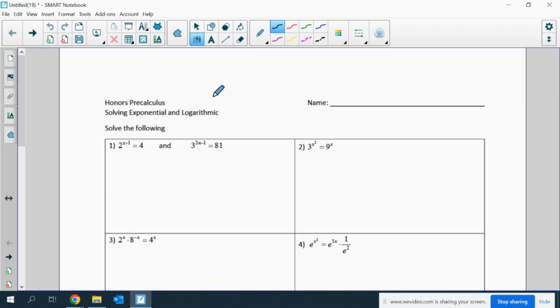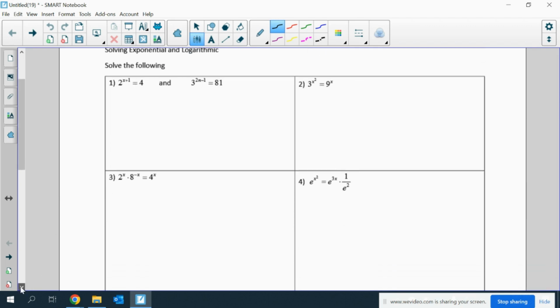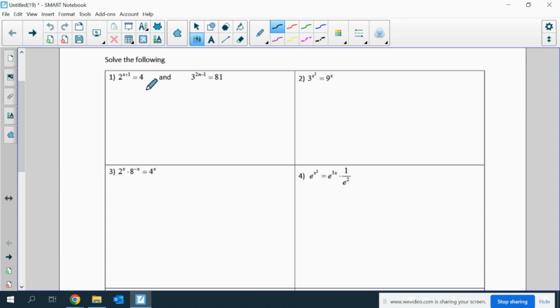The following video goes over solving exponential and logarithmic equations. Since we did this last year, I'm going to try and review this in a relatively quick format. If I have exponential functions such that I have powers that have the same type of base, 2 to the x plus 1 equals 4,